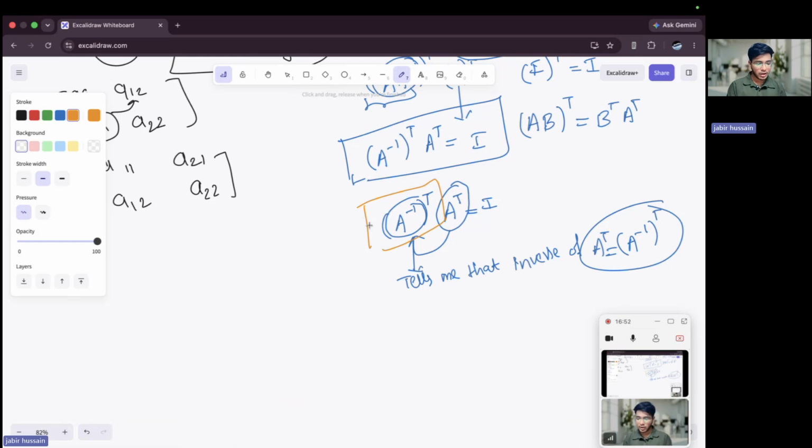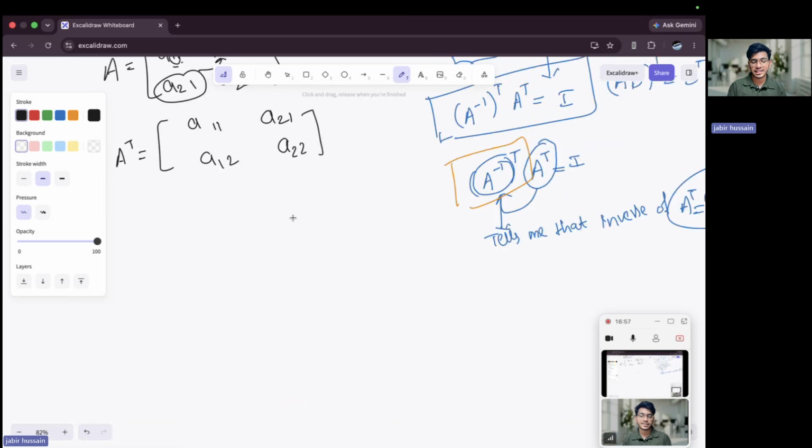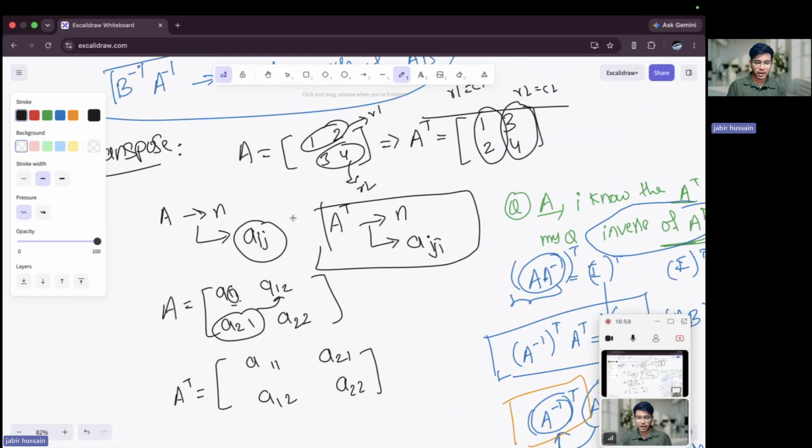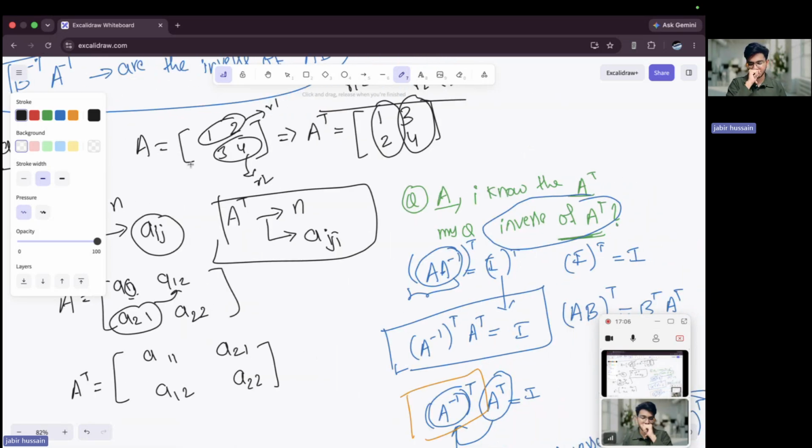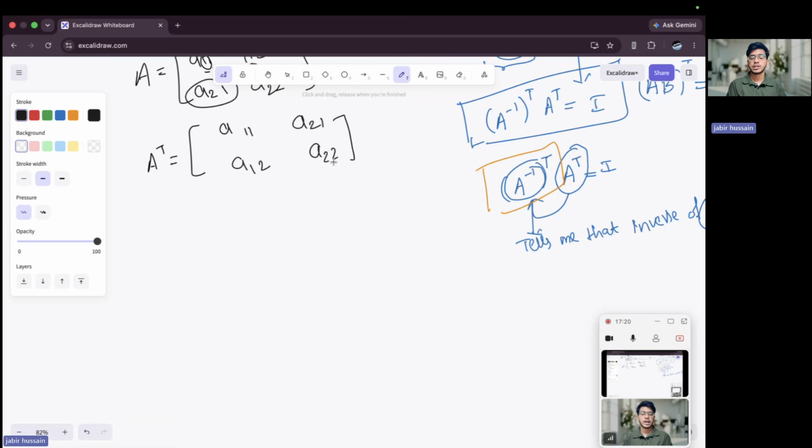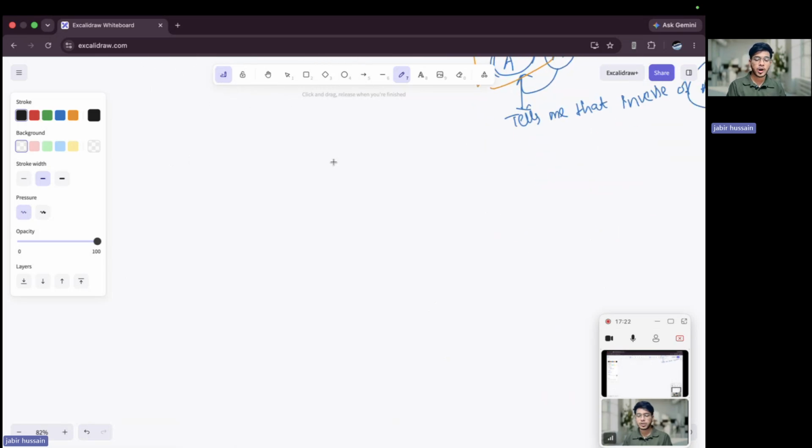So I hope you have understood two mini concepts which I wanted to discuss in the previous lecture. One is finding the inverse of a multiplication of matrices: if two matrices are getting multiplied, then what will be the inverse? The second is, if you know the inverse of the matrix, then what will be the inverse of the transpose? I have shown you both mathematically, of course. You can take an example and try it out. Now let's come to the heart of our topic, which is